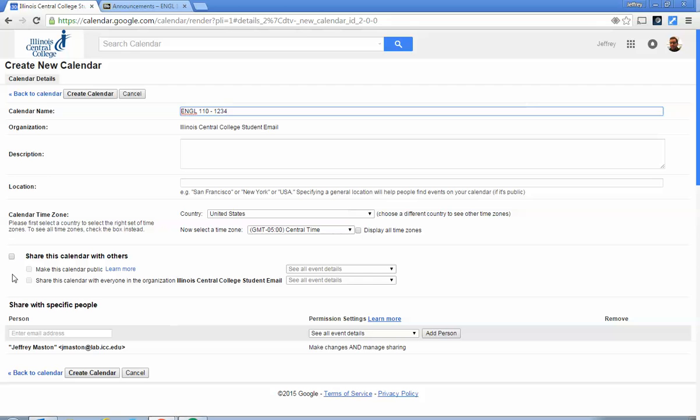This is an important step here for embedding the calendar later on. I need to share the calendar and set it to be publicly available so that anybody can see the details publicly of this calendar without signing in to any sort of Gmail account or Google Apps for Education account. If I just left it so that only Illinois Central College students could see this calendar, they would have to